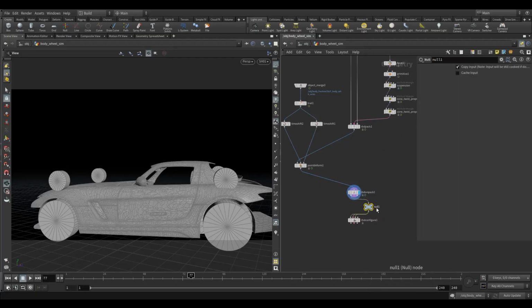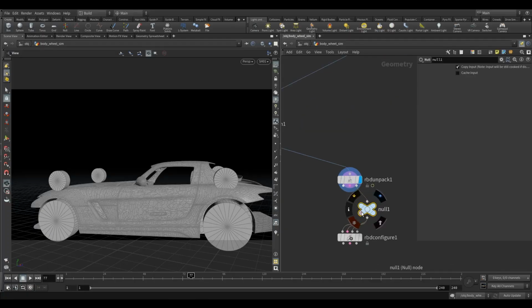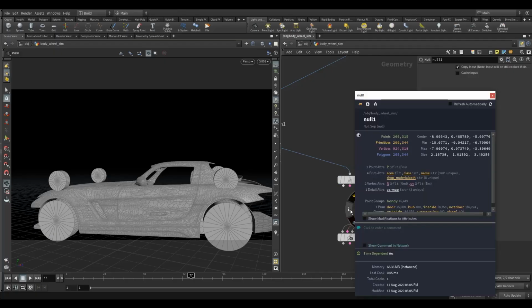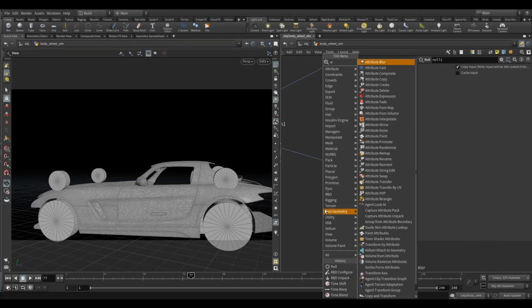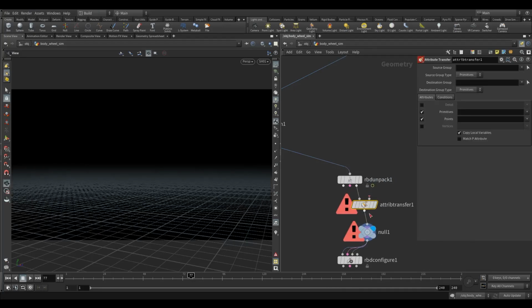Okay, if I put a null there, well, into this side, you can see we got no velocity attributes there. Okay, so we got to just attribute transfer that across like this,